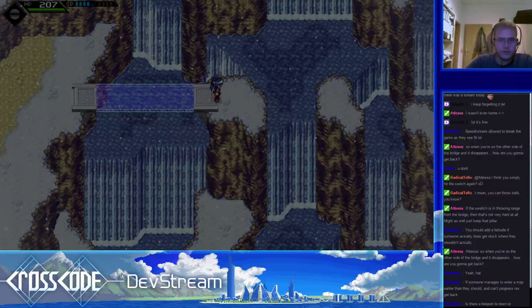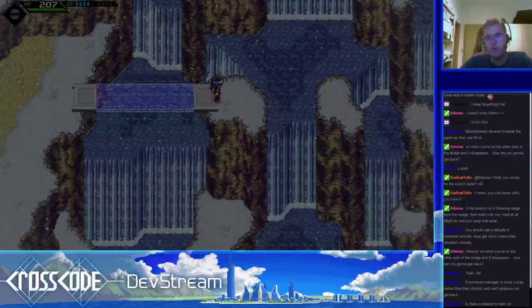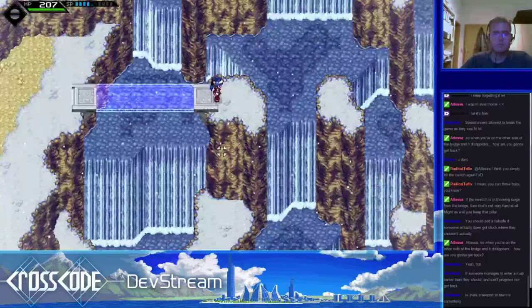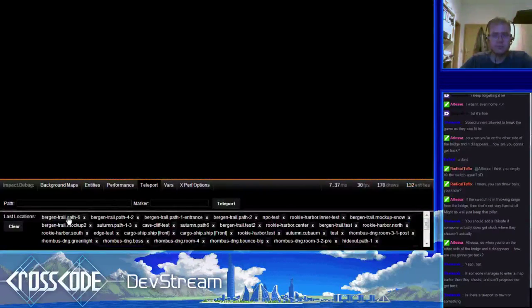So, perfect. Wrong level. I hate this. Working with multiple levels makes it inherently harder to create maps, but we have a couple of tools added to make it more or less feasible, and it helps a huge deal that the entities are visualized how they're displayed in the game. So when you place an entity a level too low, you will usually see it because the entity won't be visible. That helps, but it doesn't protect you from placing entities too high up, so this sometimes happens. If someone manages to enter a map earlier than they should, they can neither progress nor get back.